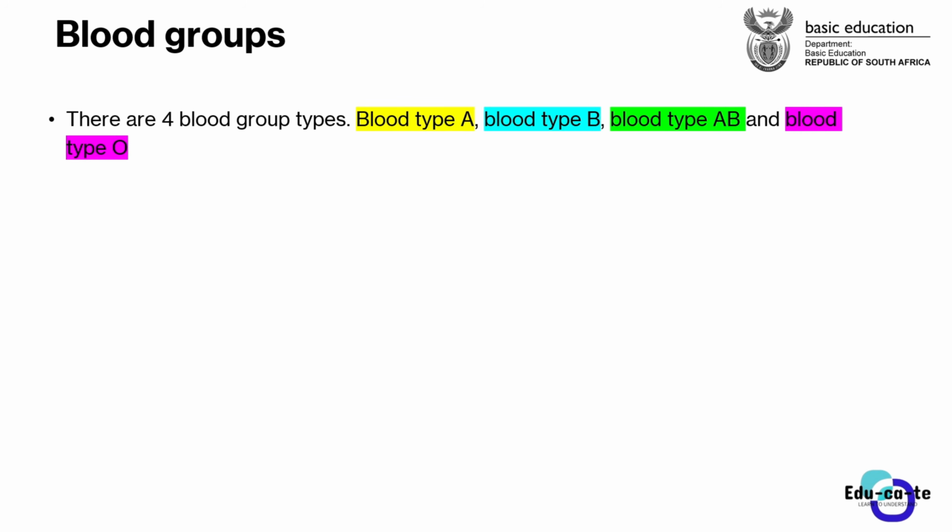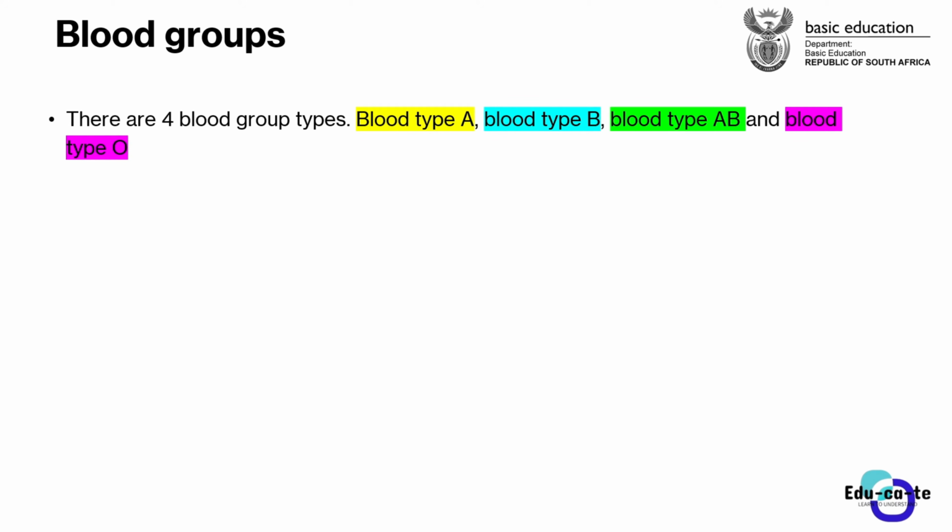Let us talk about blood groups in genetics and inheritance. You often hear, especially when you want to donate a kidney, that you need to find someone with a matching blood group. I'm sure you haven't donated a kidney as of yet, but you might need to at some point.